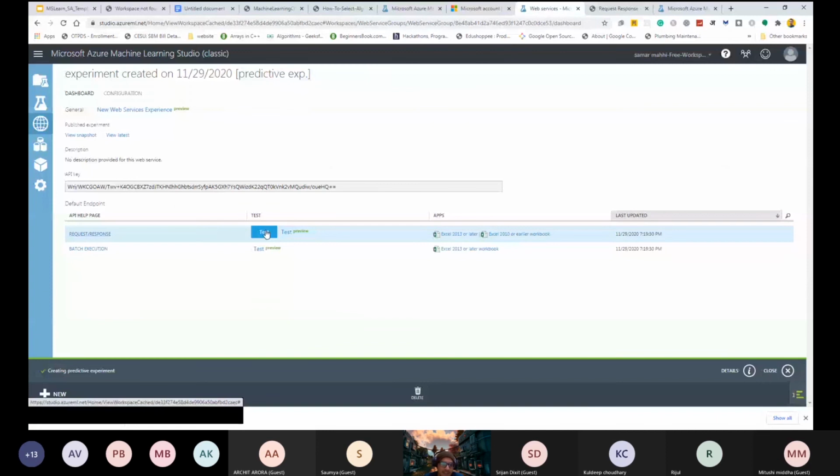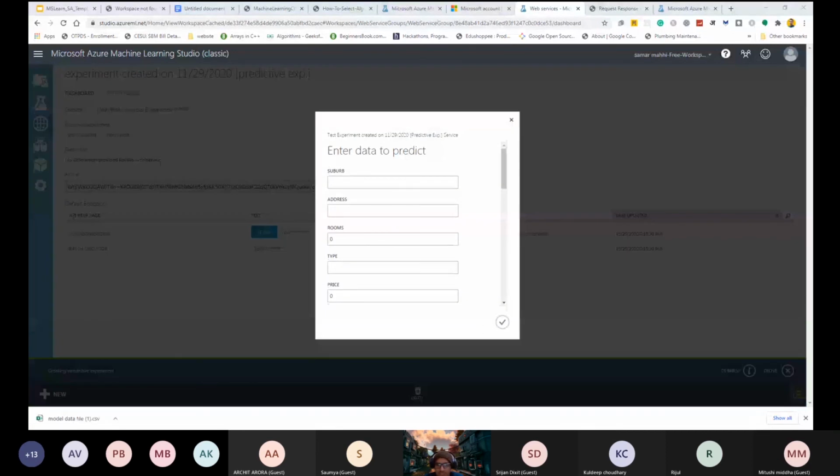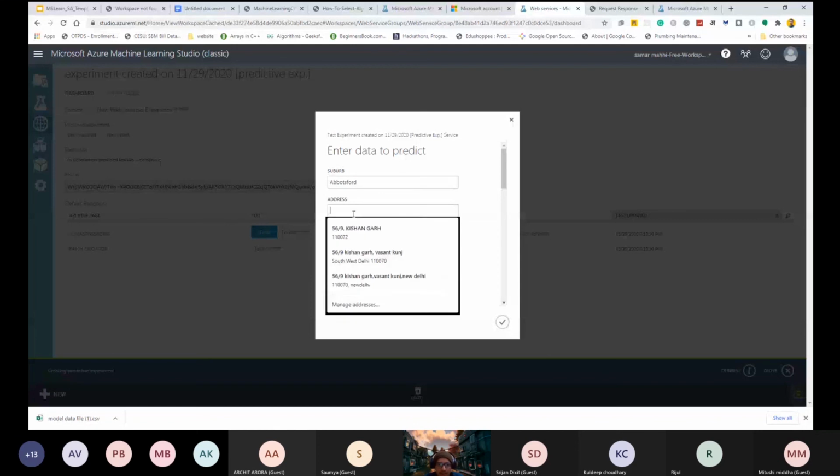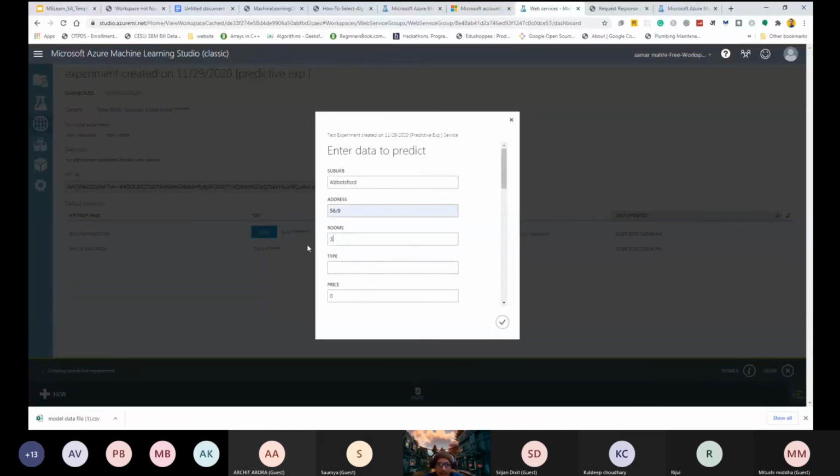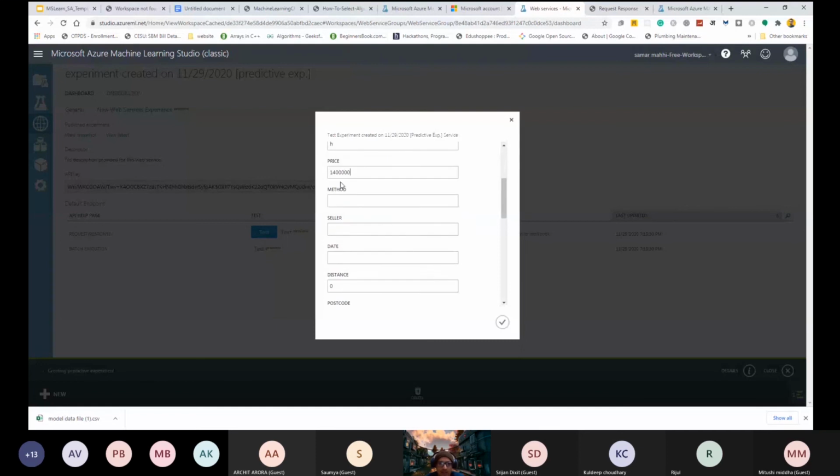Now let's test it. So we will just enter our data. Let's wait. The name of our suburb is Abbotsford. Address will be random. Rooms are 3. Type will be H. Price will be 1, 2, 3, 4, 5, 5.